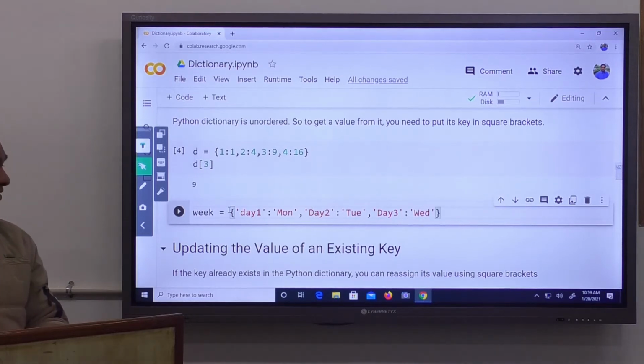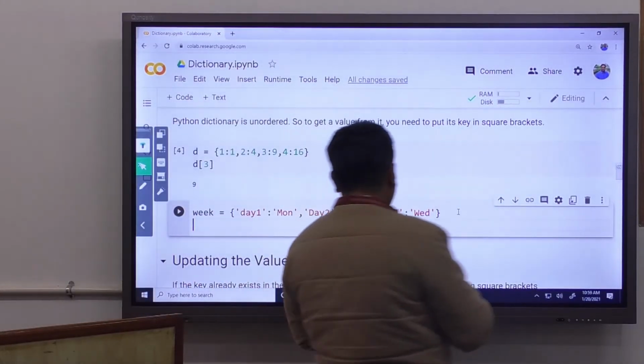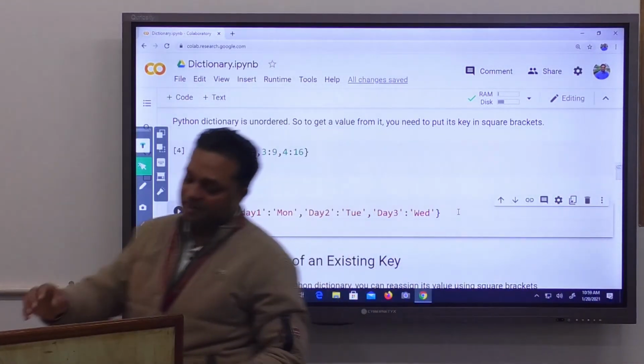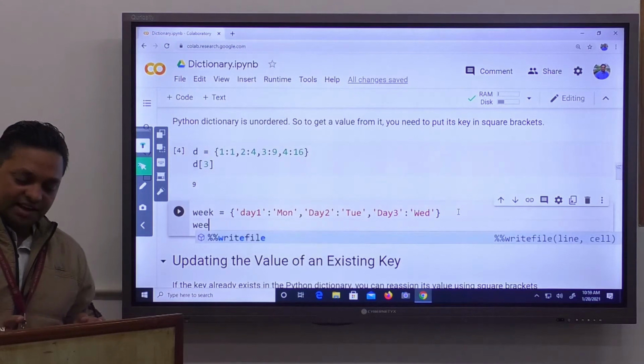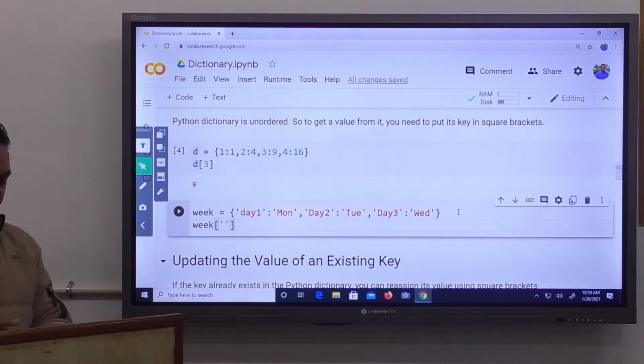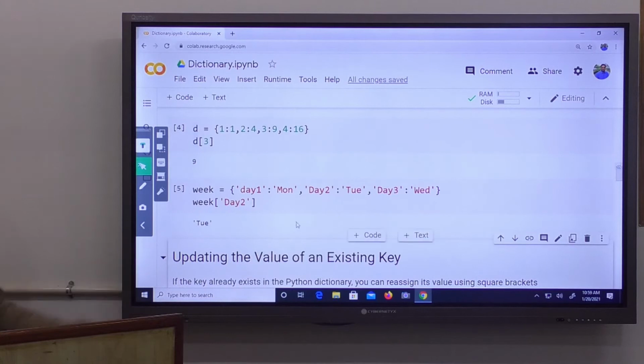I am not going to create the whole dictionary for all the days. Suppose I want to pick the value with respect to key day3. What do we write? First we write the name of the object, that is week, square bracket, and inside the square brackets we put the key. So for example day2, and run it. It will give the value.